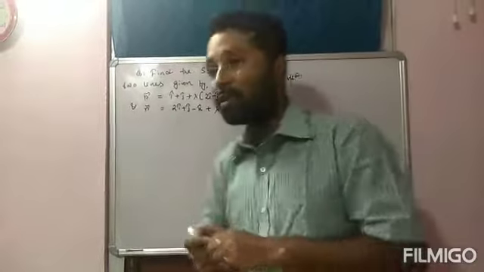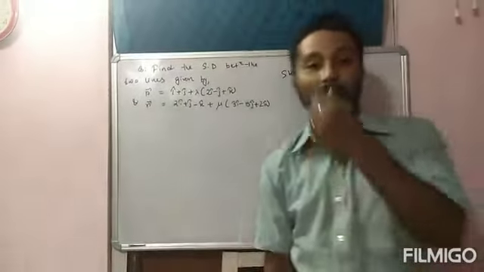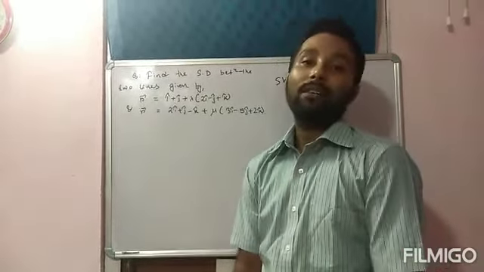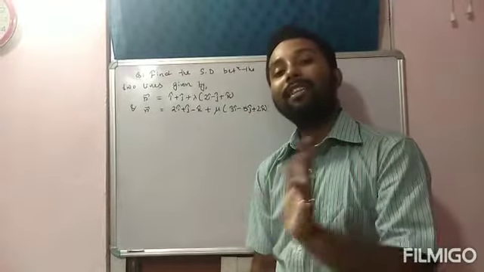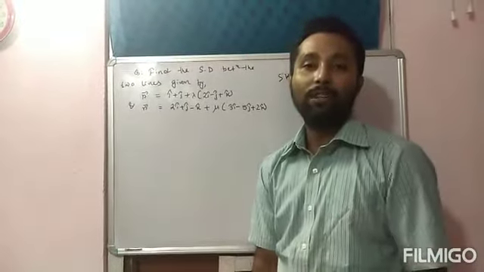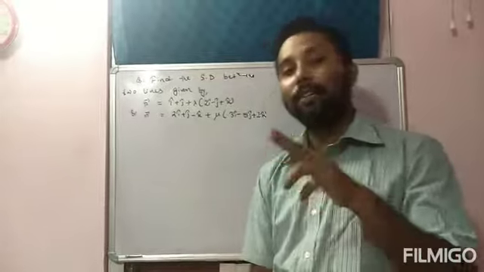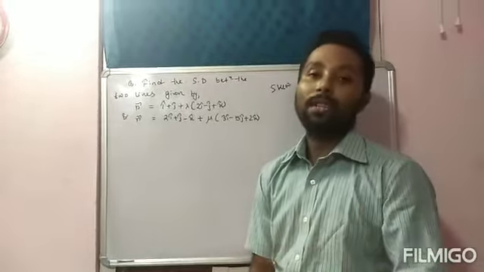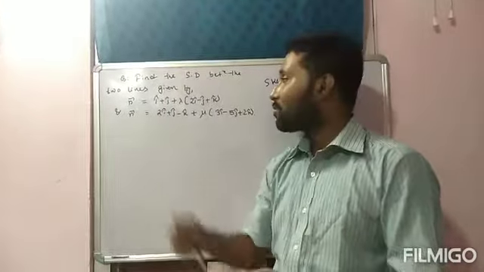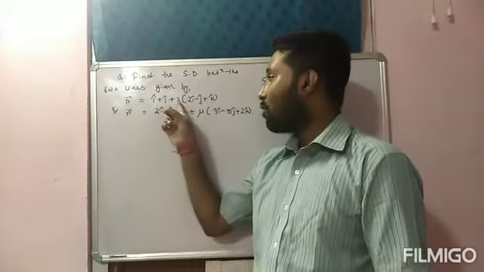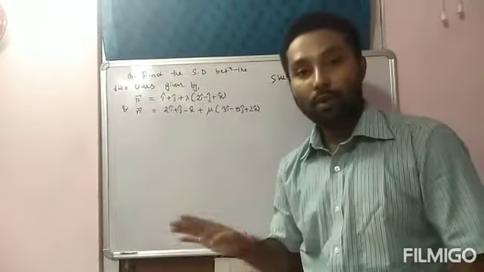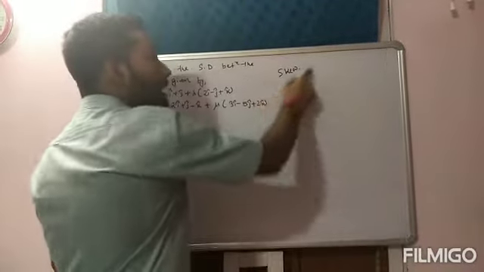Skew lines means those lines which are not coplanar are called skew lines. That means the two lines will be neither parallel nor intersecting. It is the reverse of coplanar only. Coplanar होने के लिए either parallel or intersect होगा. तो skew lines means neither parallel nor intersecting. So in these questions we can clearly say that the coefficients of lambda and mu are not same. Same है क्या? No. So that means we can say that these two lines are skew lines.